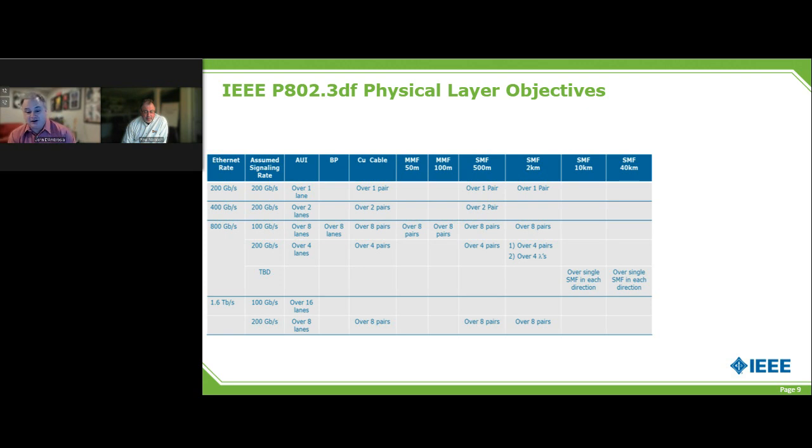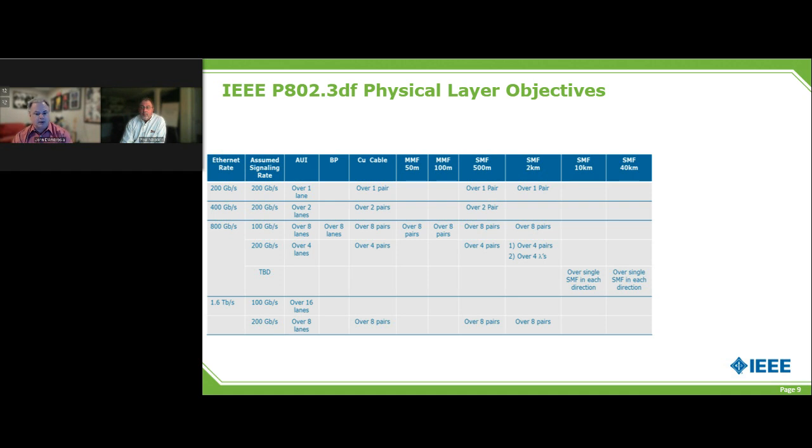The project itself is actually 200, 400, 800, 1.6. It really has to do with how we're going about doing the project, as well as what is the most efficient way for us to address the entire networking. Remember, I said bandwidth is growing everywhere. So originally, the scope of the project was beyond 400 gig.